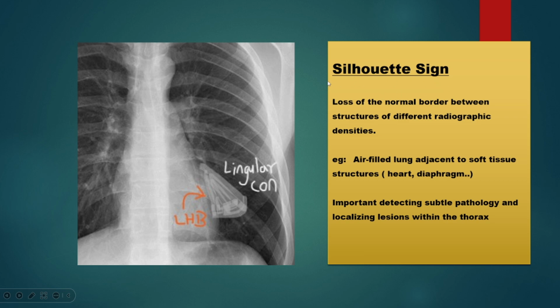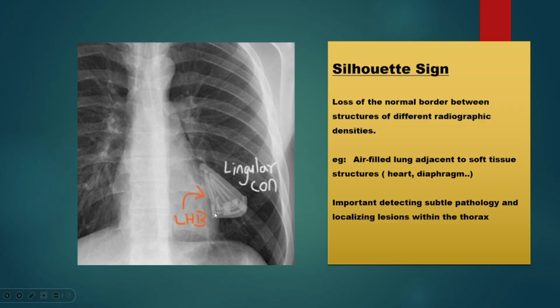This is a very important sign, the silhouette sign. The meaning is loss of normal border between structures of different radiographic densities. So the gas is lower density, the heart is higher density, and therefore the border should be sharply seen. But if it is obscured, if it is lost, then we suspect whether there is a pathology in the adjacent structure. For example, lung consolidation,